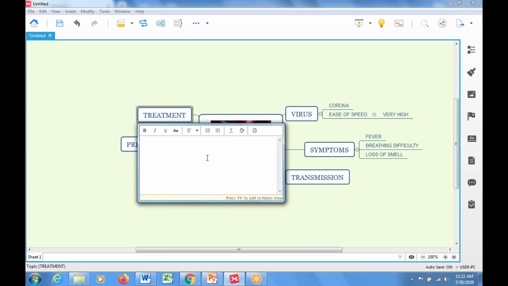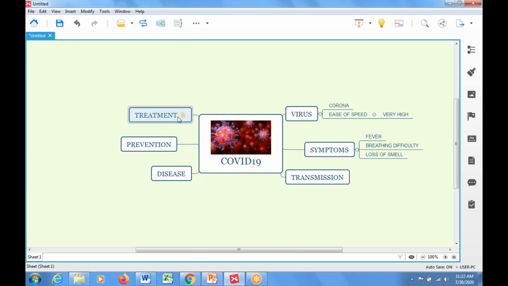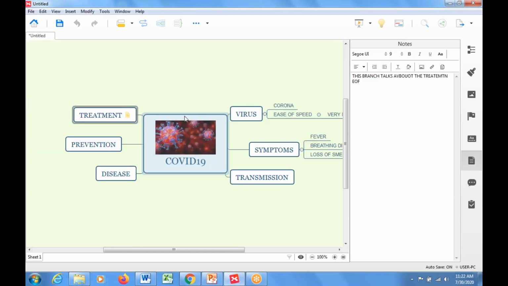When I click notes, a box appears. I can say this branch talks about the treatment of, don't mind the mistake please, okay, enter. So one note is created. So this way you can create notes for all branches or sub branches. If you click on this particular icon, you will be taken to the right side where you can see whatever things you typed appear here.